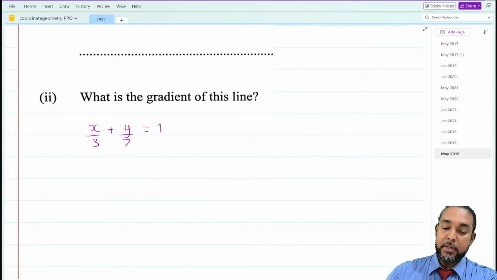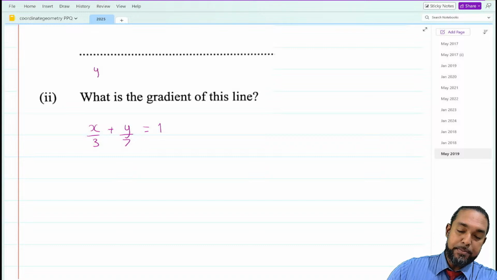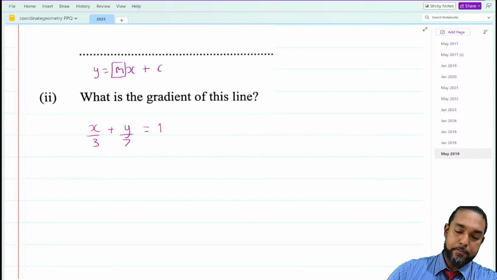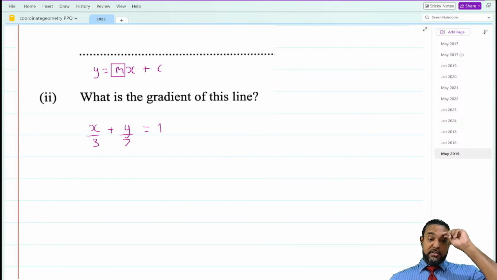Now, what we could do is put this in the form y equals mx plus c, because here, which of those letters is the gradient? The m, the coefficient of the x term. So let's see if we could actually, I'm going to give you guys a minute to get a little head started. Let's see if you can make y the subject. If not, don't worry, we're going to go through it, but try. Remember, to make y the subject of the formula, you have to remove everything currently attached to it.